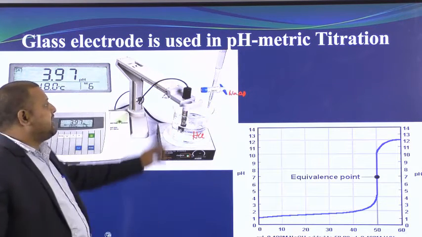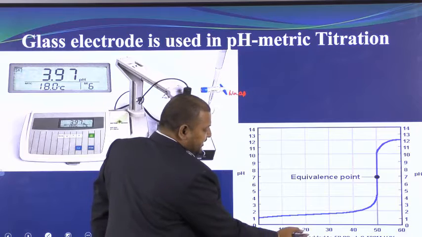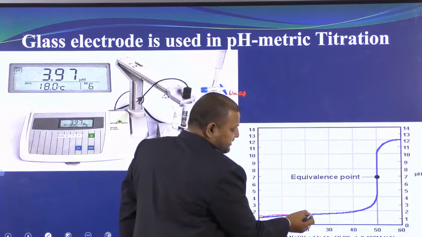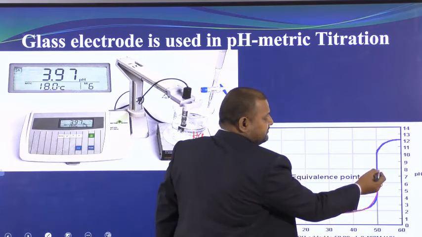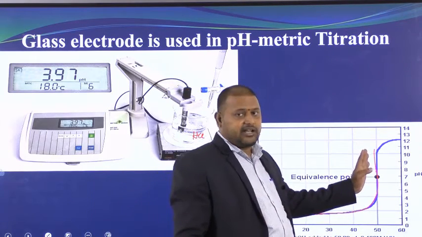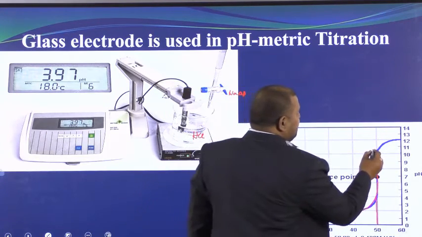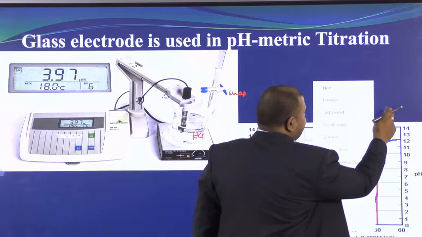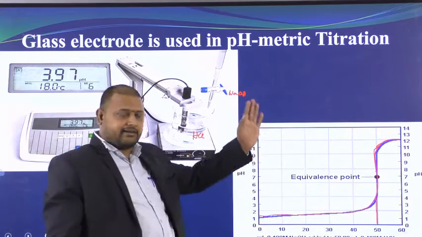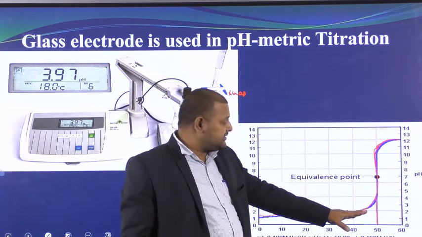We will be adding NaOH 1 ml at a time, and for every 1 ml we will plot a graph. NaOH is added into the HCl solution. Slowly the pH value increases gradually up to a level and then suddenly increases here. Where there is a sudden increase in the graph, that is our end point, right? Later on, if you add 2 or 3 ml, the graph goes just slightly steep but not straight.